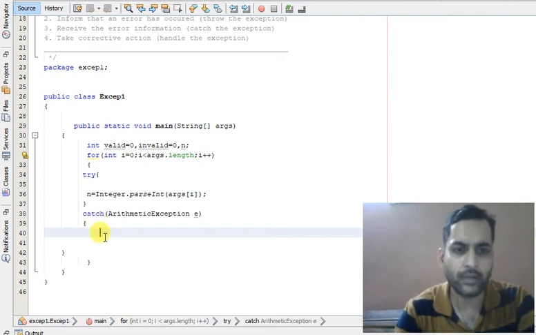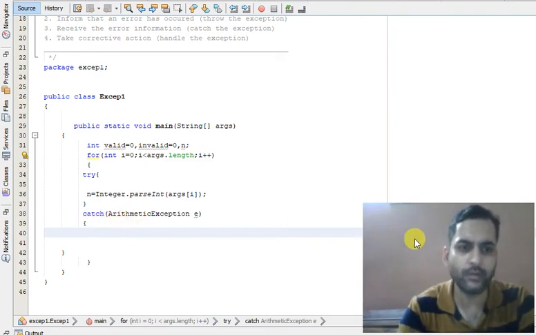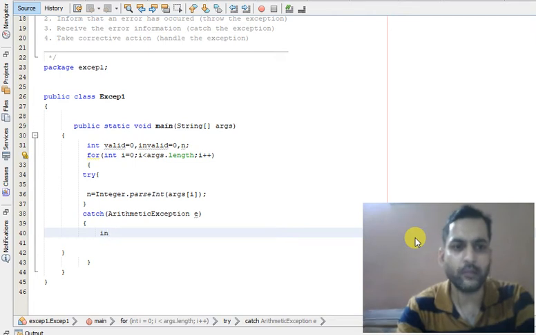If the control comes into this catch block, that means the argument is invalid.